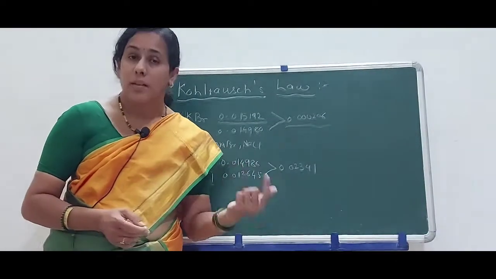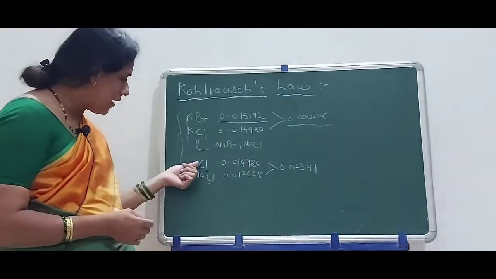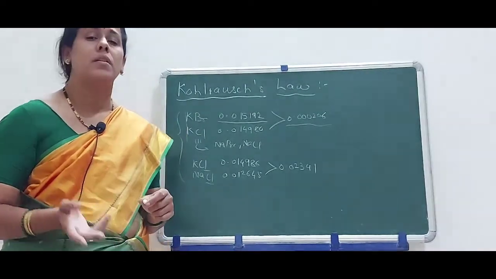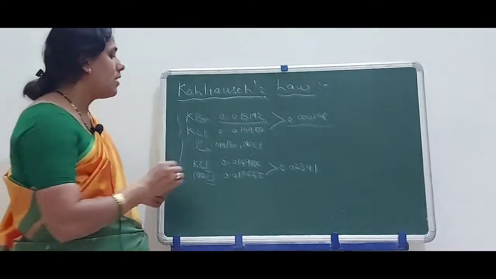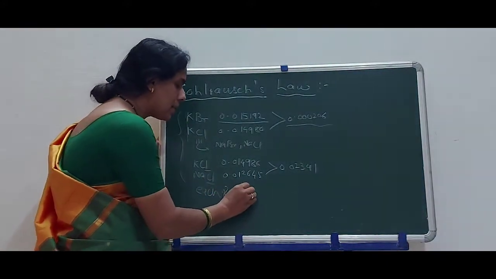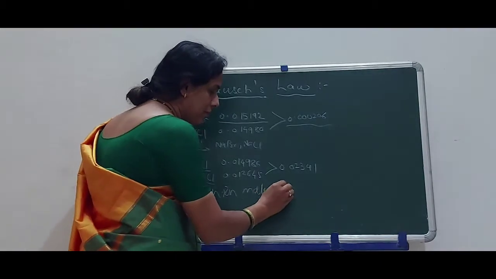This difference stays the same when we take different kinds of cations but the same kinds of anions, which suggests that each ion makes its own contribution